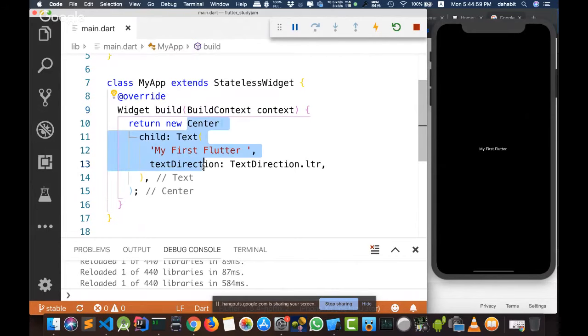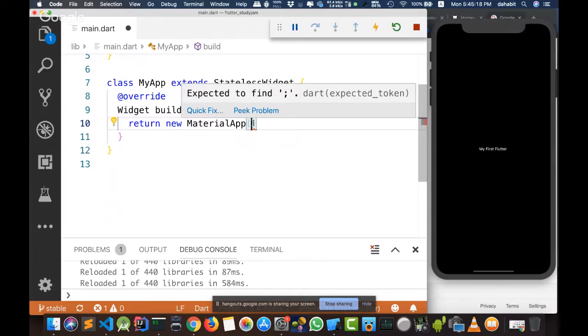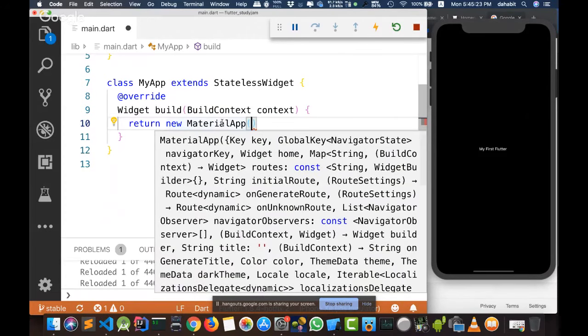And here the first widget we need to learn more about is called the material app widget, which is the root widget for our application and gives us a lot of pre-made configuration or properties for our home screen, routing, etc. If you don't know anything, as I said before, I don't want you to memorize anything.